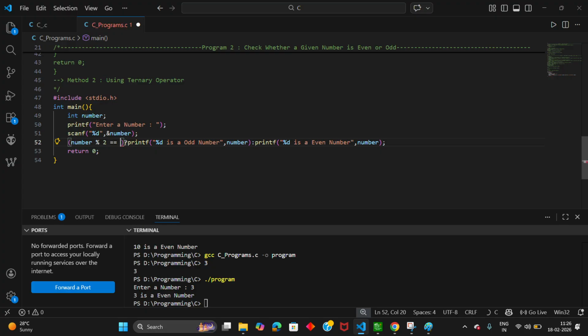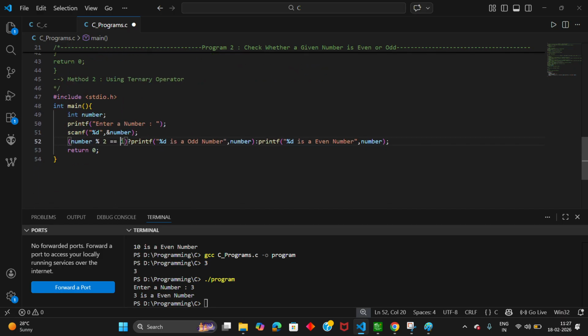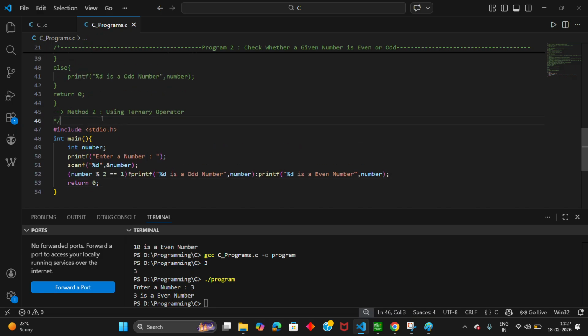If you use 1, then it will be treated as the odd number condition, to check whether it is an odd number or not. If you use 0, then it is checking whether it is an even number or not. Okay, so let me use 1 here. In the previous class we used the 0, right, in the if else. So let me use the 1 over here. Okay, this is how we write it using the ternary operator. This is the second way of writing the code for this particular program. So let me go with another way of writing the code.